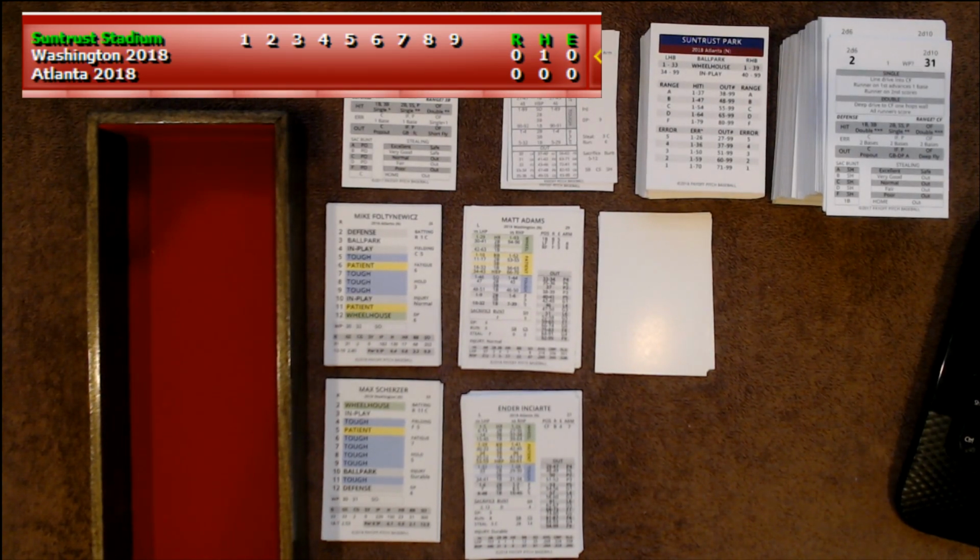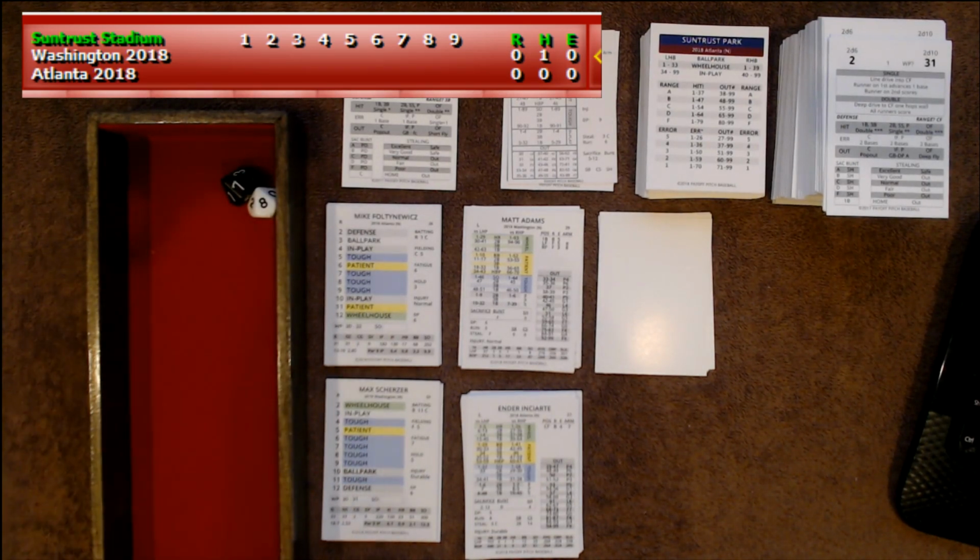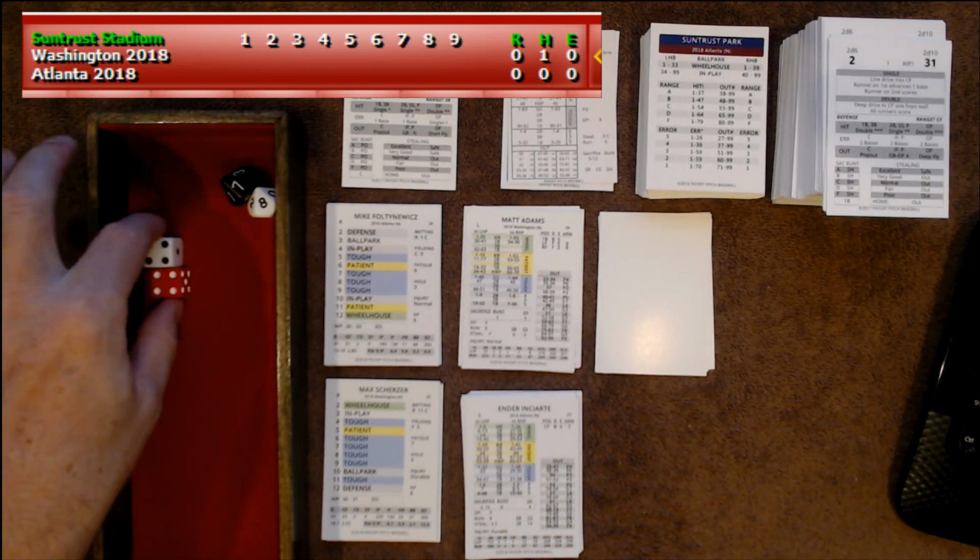All right, so Fulton Evowich, one away now. 6 patient, 72. Is he patient enough? Just out of range. He's actually up to 70 on patient, but 72. 72 is going to be ground ball hit to short. 72 is going to be grounded to short. Double play 6, double play 6. Is it going to be a double play? It is not going to be a double play.